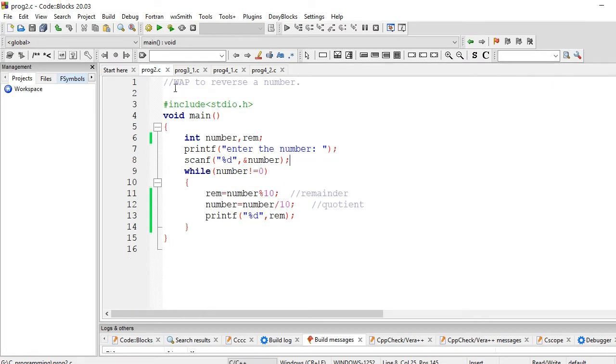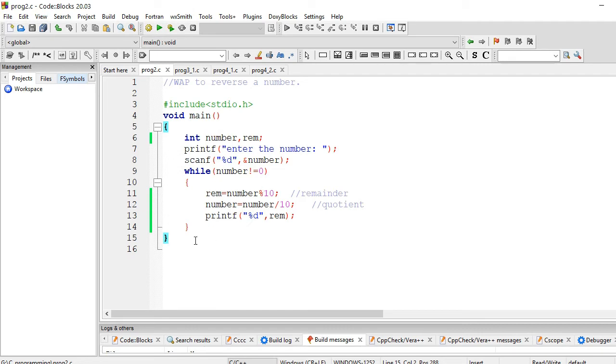So you can remember, this is the program that reverses a number. I told you that earlier. You cannot tell by just seeing the program that this is a reverse operation. You have to understand the logic of what I have done, then you will be able to guess that, oh, this is a reverse operation of a number.